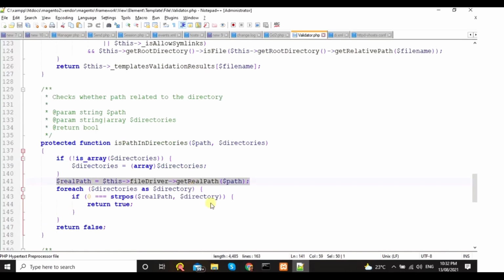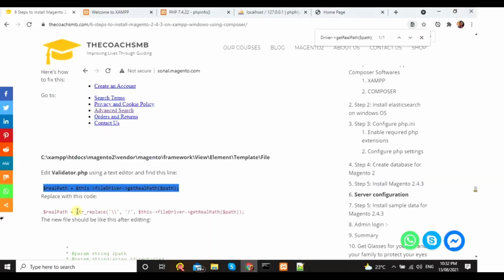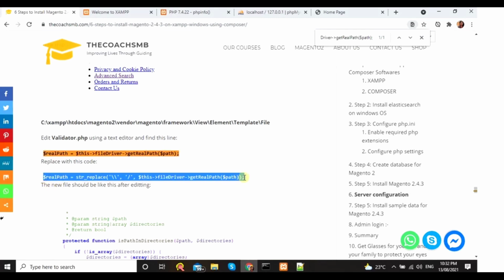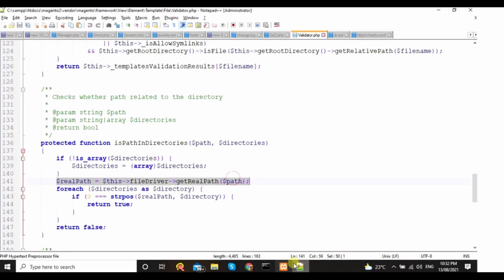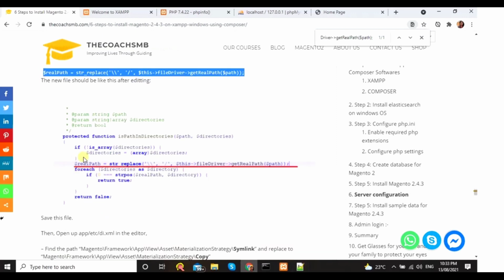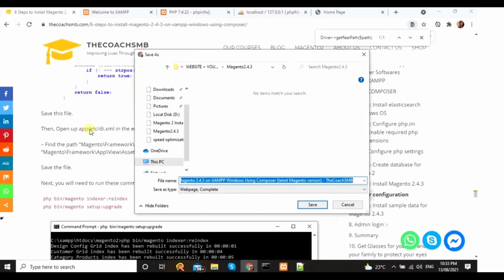Okay, so here you can find this line. We need to replace this line with this, copy, and with this line and paste it here. Save the file, then open